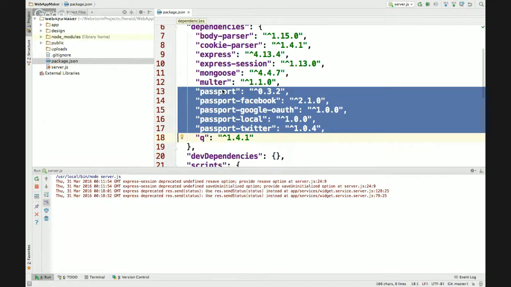And then one of the things that Passport passes along to Google is a callback URL, so that Google, if you authenticate successfully, will use that URL that you passed it